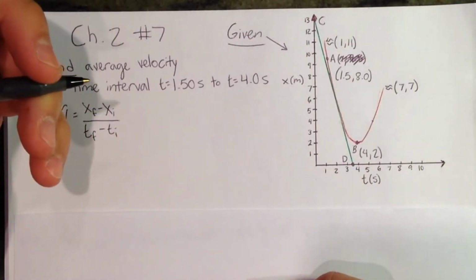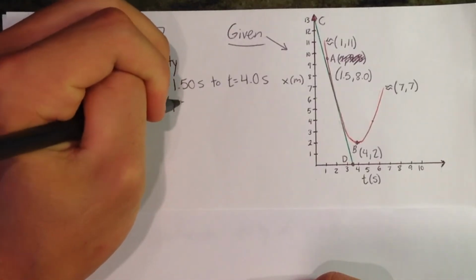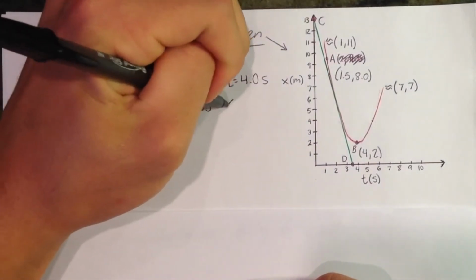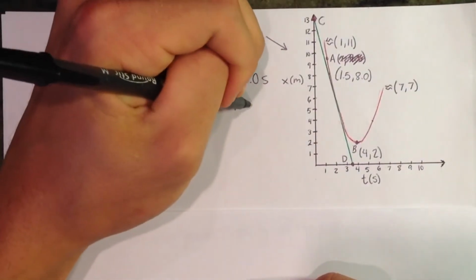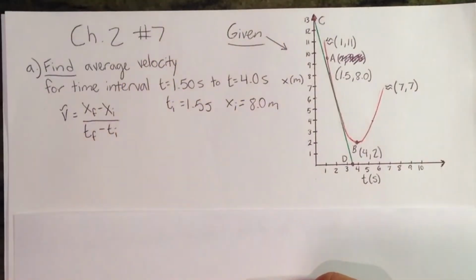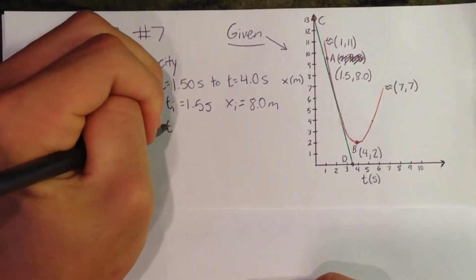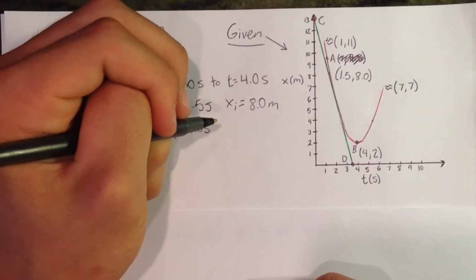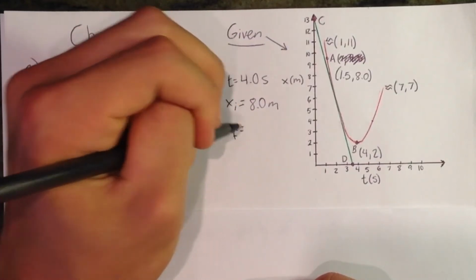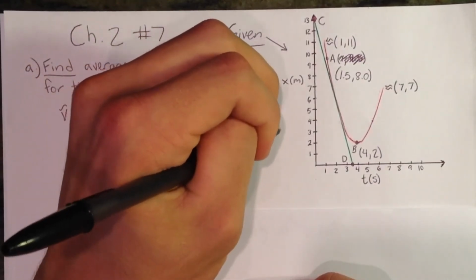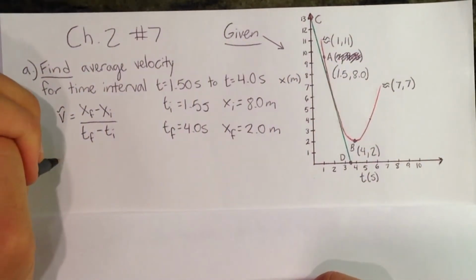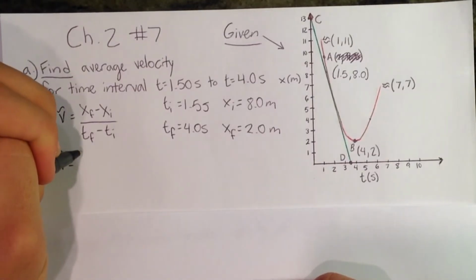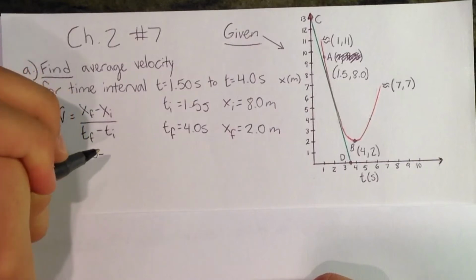Our initial time is 1.5 seconds, and our initial position, x, is 8.0 meters. And then our final time is 4.0 seconds, and our final position is 2.0 meters. So now we plug these values into the formula, and that is 2.0 minus 8.0